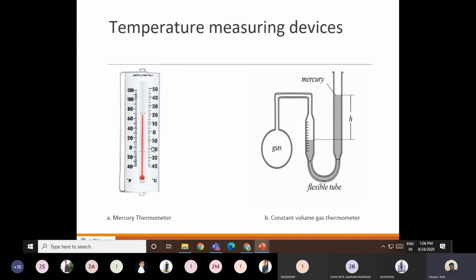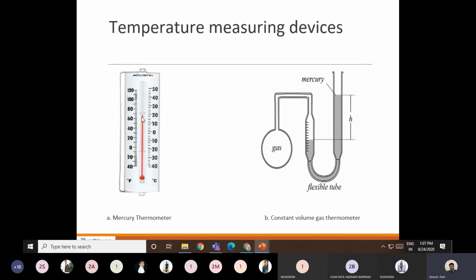Now how this mercury thermometer works. Okay, so here again there are three bodies. So first body is the substance whose temperature we want to measure by using a mercury thermometer. Second body is this capillary tube plus bulb, and third body is the mercury inside the capillary tube. Now according to zeroth law of thermodynamics, this substance is at some temperature. That temperature we want to know by using a mercury thermometer.